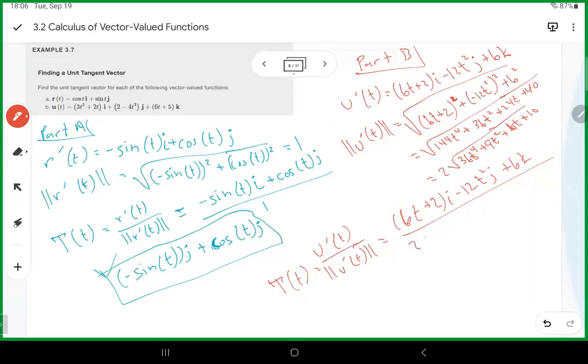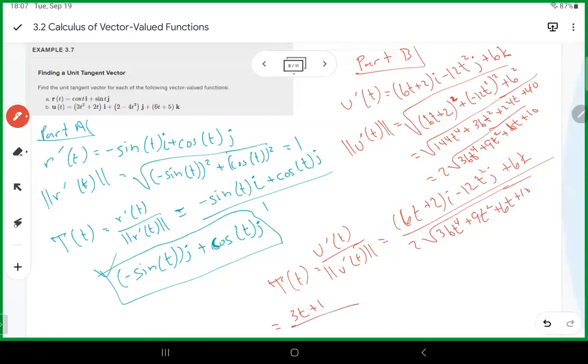I bet you there's a way, but I'm not going to worry about it right now. So then we have a very grossly long answer. It's just basically taking the pieces apart. So we would end up with